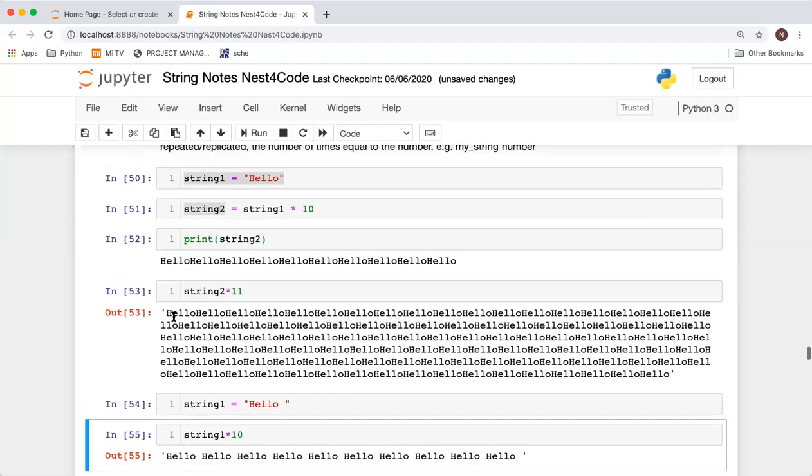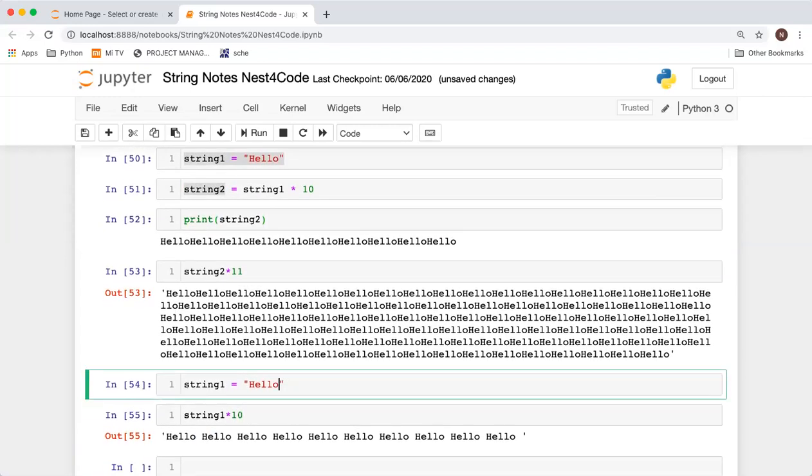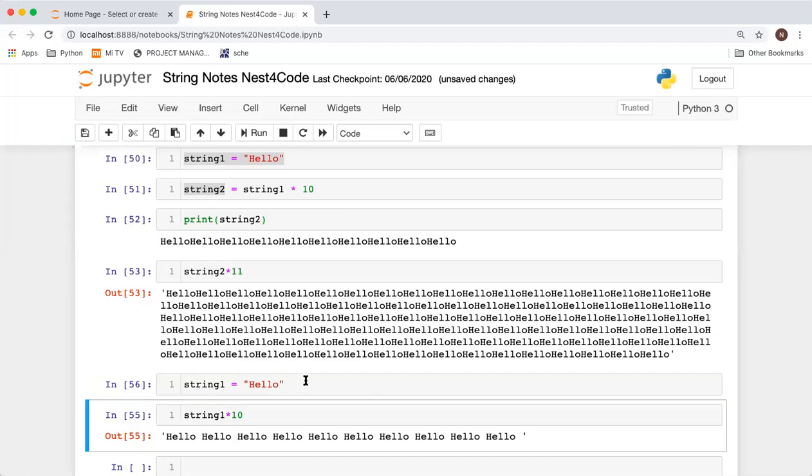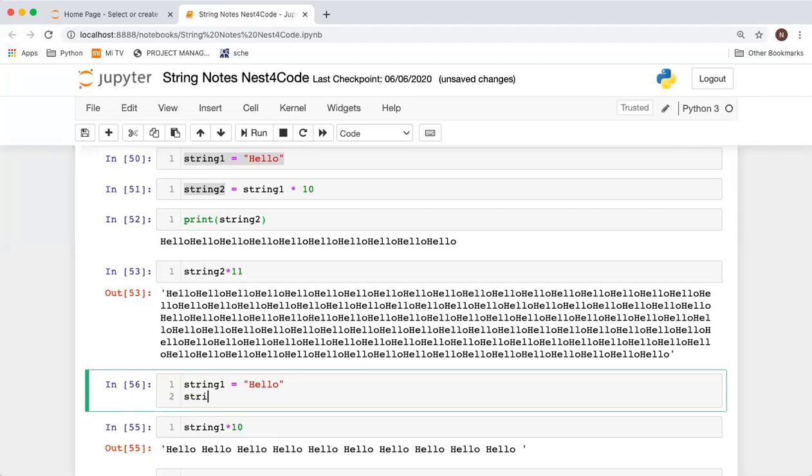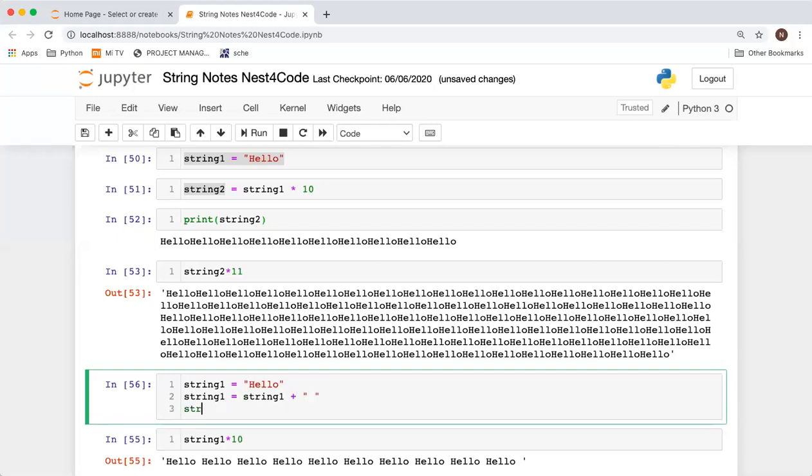Or let us suppose our string was initially hello and we want to add a space. We can just say string 1 equals string 1 plus space, and then we can multiply it.